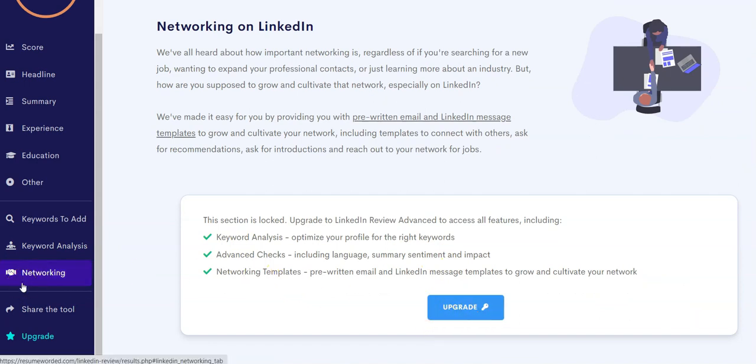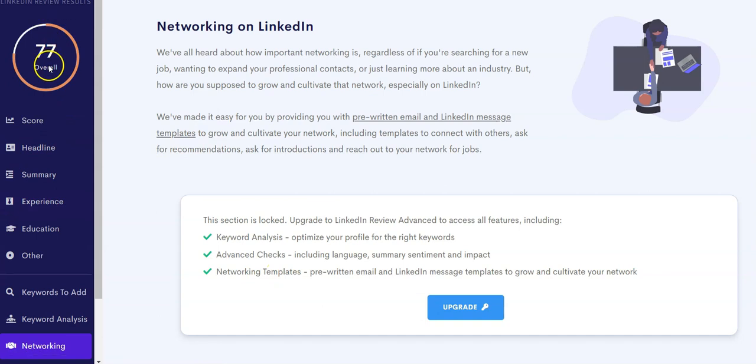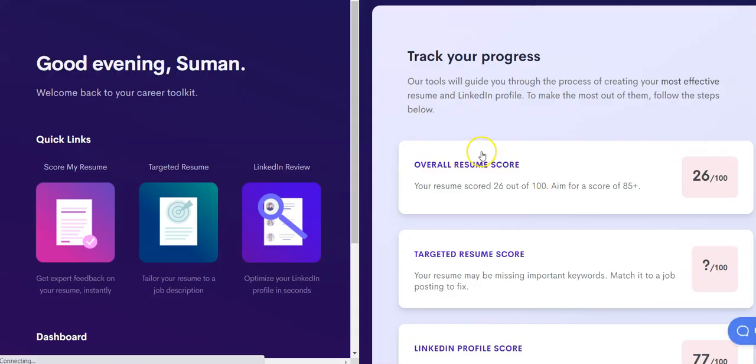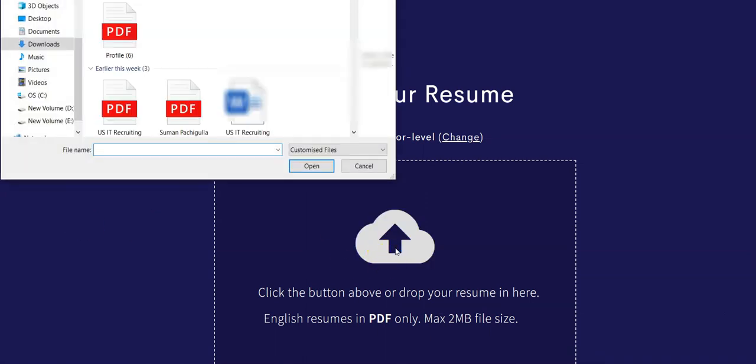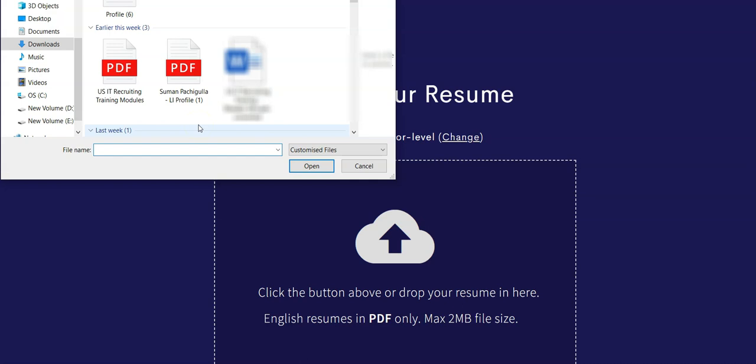This is what the LinkedIn scoring part is about. Now I want to score my resume. I have done this in the past, so again I'm going to do it for you. It is scoring 26 out of 100, so you will know how exactly it is 26. So you have to add your